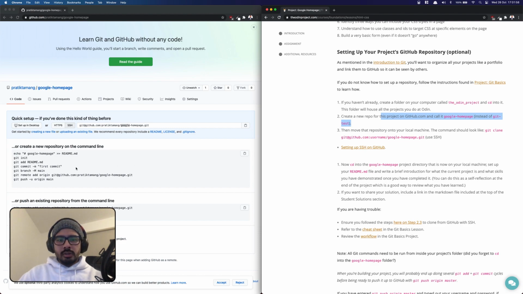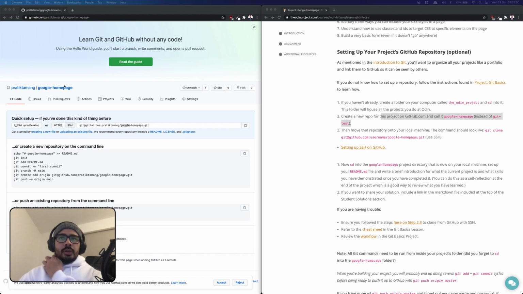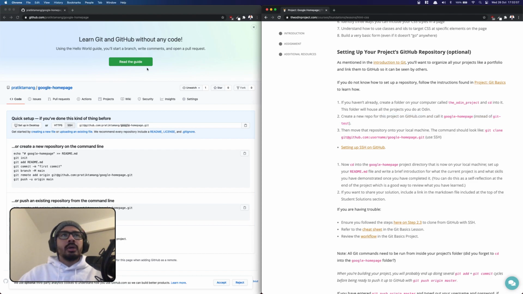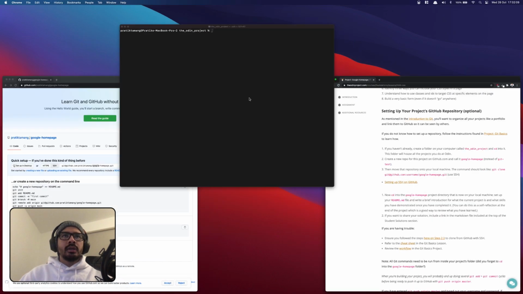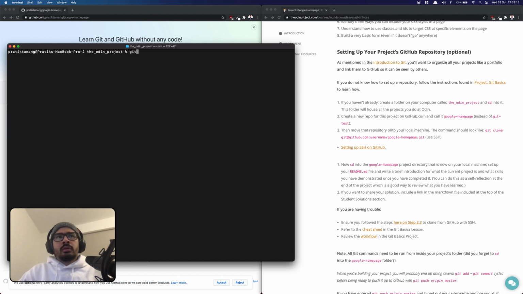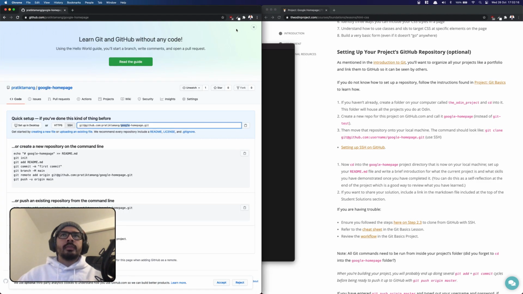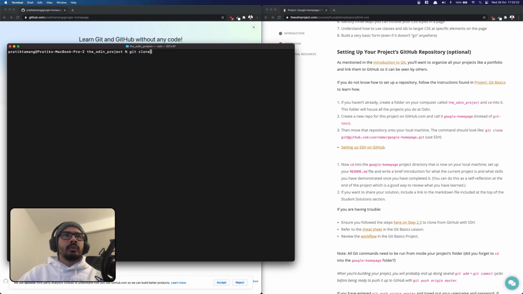So next is what we're going to do next. We are going to move that repository into your local machine. The command line. Yeah. So basically clone, right? So let's get the thing back up. Git clone, and let's move this. That link. Git clone. Here's the link with